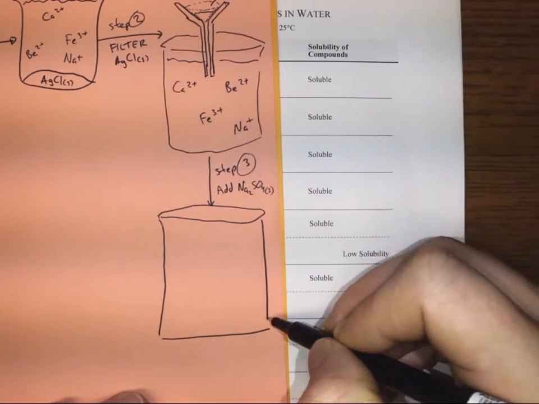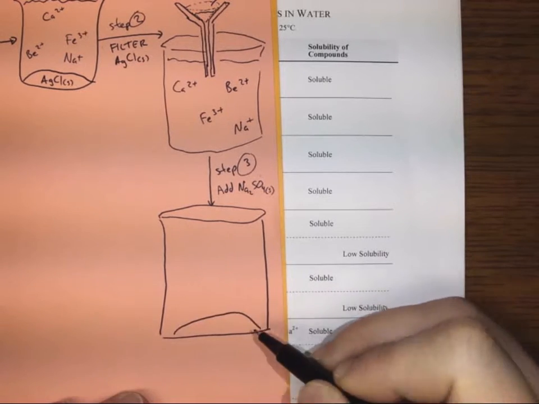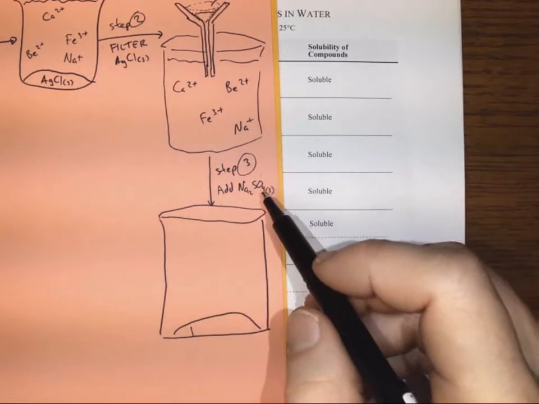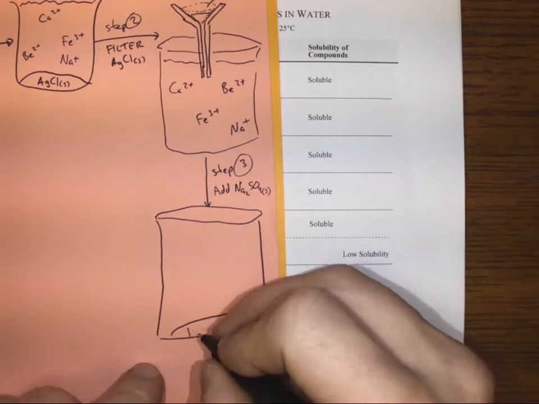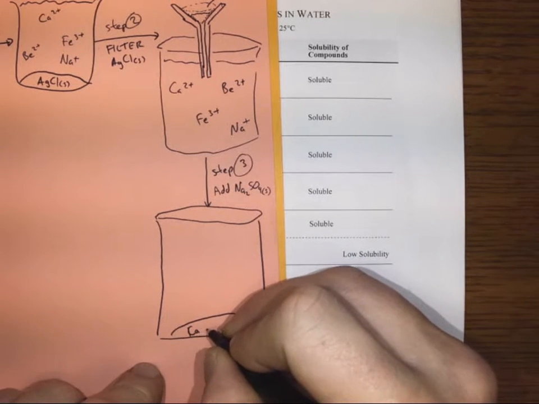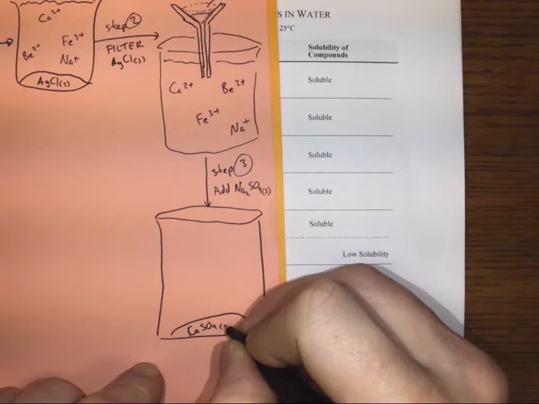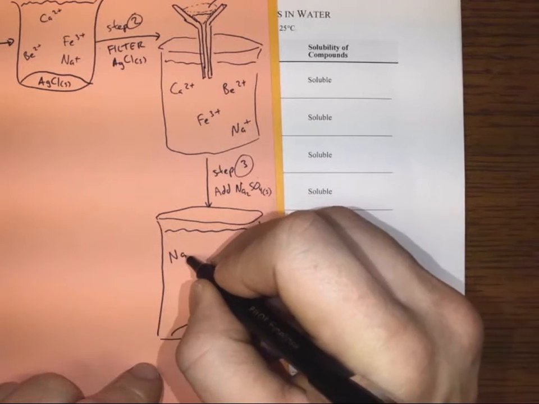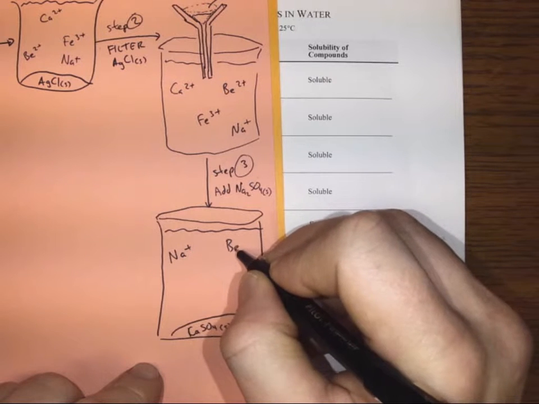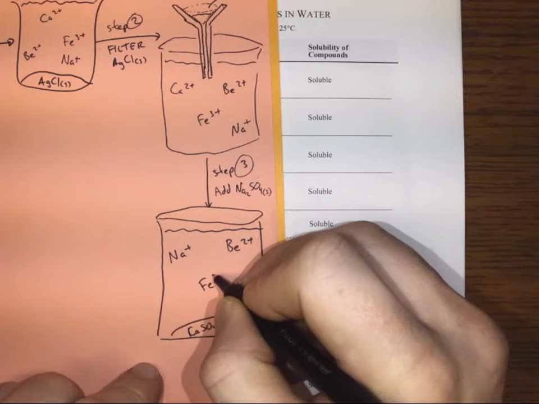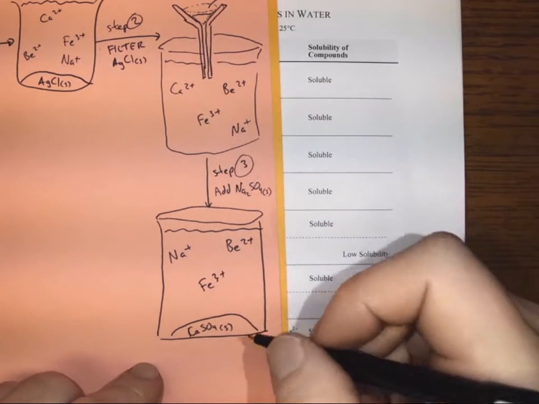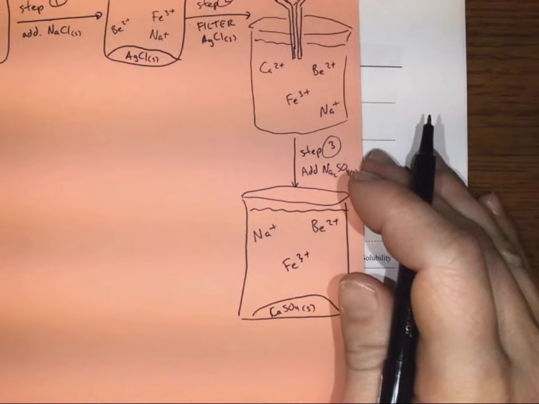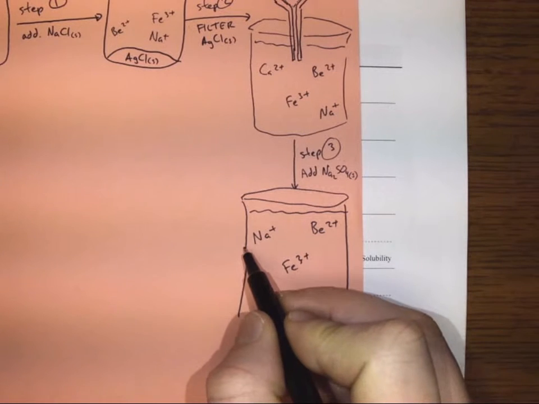that means we're going to have, that's a terrible beaker, janky old beaker, and we got some, oh wait, so we said that would bind with the calcium, so that gives us calcium sulfate solid. And what do we have left? We've got some sodium ions, some beryllium ions, and some iron ions. Okay. So then, step 4